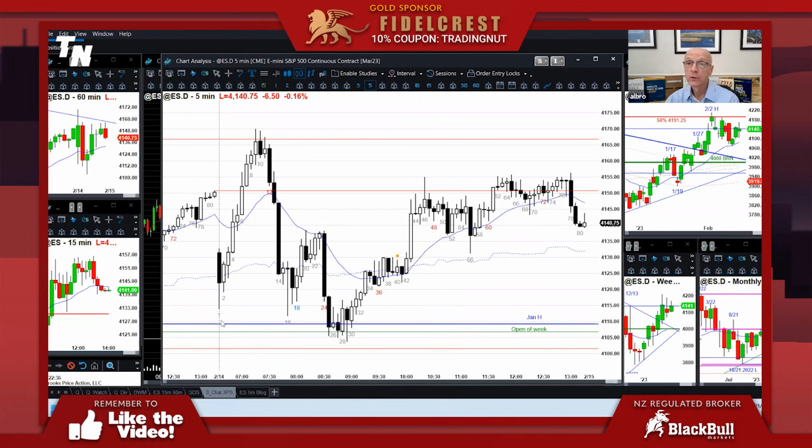So if ever a trader enters a trade and shortly after they get in, they start to feel really anxious that the risk is much greater than they want it to be, that's their radar telling them that they're trading too big. Until a trader is consistently profitable, they should trade the smallest possible position size. Let's say you have a $1 million account and you come to me and say, Al, I could trade 100 E-minis. What size should I trade? I would tell them trade 1 micro E-mini,